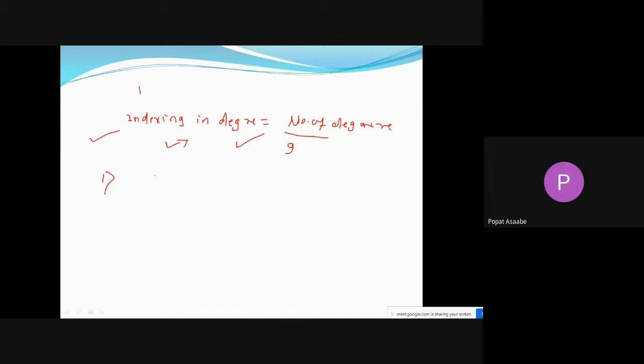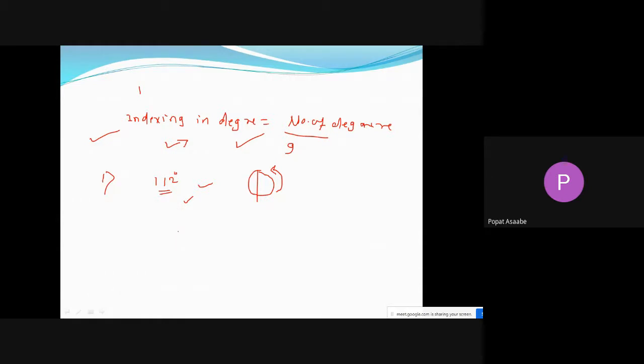Can I take the numerical directly? Suppose the first numerical is like this: 112 degree. Suppose we want to rotate our workpiece, suppose this will be the workpiece, and we want to rotate our workpiece at that much degree. It means we have to find out the indexing for that 112 degree. म्हणजे आपला वर्कपीस किती अँगल रोटेट झाला पाहिजे. ओके, देन व्हॉट इज द फॉर्म्युला?